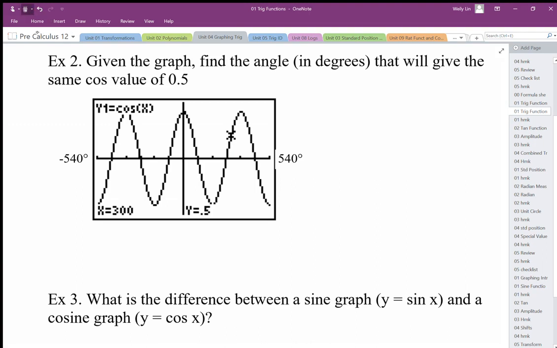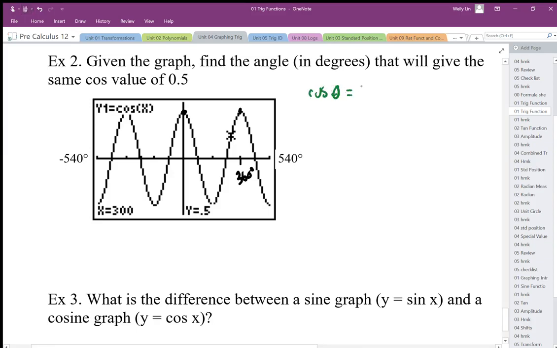So one full period from here to here, that's going to be where our 2 pi is, or in this case 360 degrees. And we want to find where this graph has the same cosine value of cosine theta equals 0.5. So this is what I'm looking for. I'm looking for where cos theta